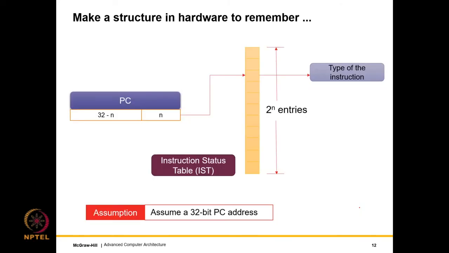How do we make a hardware structure to remember? Well, it's very easy. So kindly take a look at this structure with a lot of attention. We'll be using this structure over and over again for all kinds of predictions throughout the book. So let us consider a program counter address. We have made our life easy. We are considering a 32-bit program counter. In most modern processors, it is actually 64 bits, but we just want to make our life easy. You can very well replace 32 with 64, it will not cause a difference.